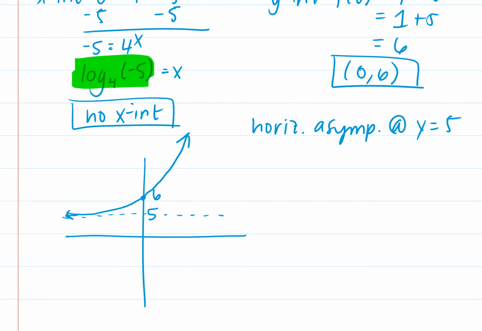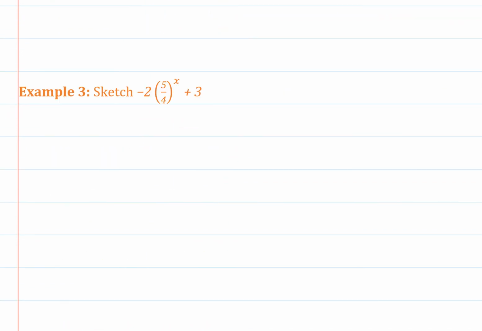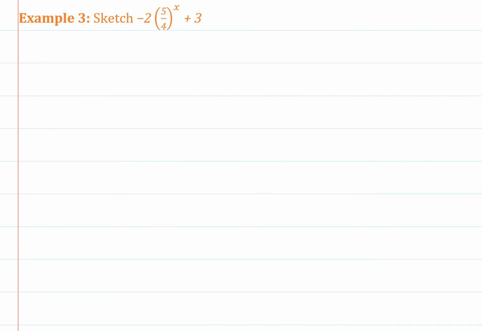And now we can see from the graph why it makes sense that we wouldn't have an x-intercept because our horizontal asymptote is above the x-axis and we're increasing from there. So it would have no opportunity to touch or intersect the x-axis. Okay, last one for today. Let's find the x-intercept by isolating the base